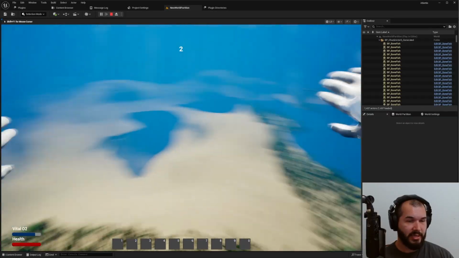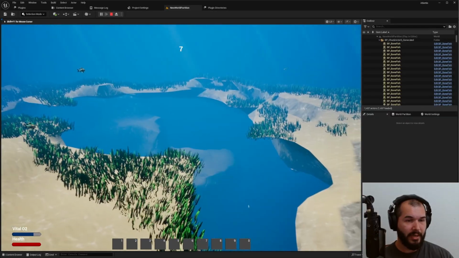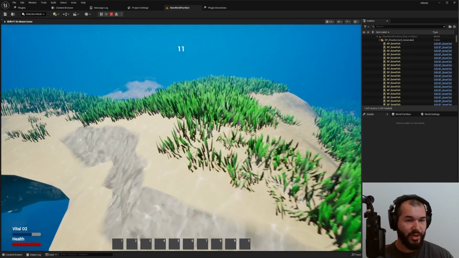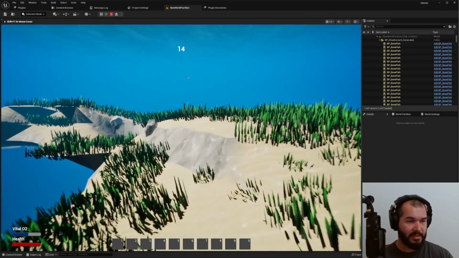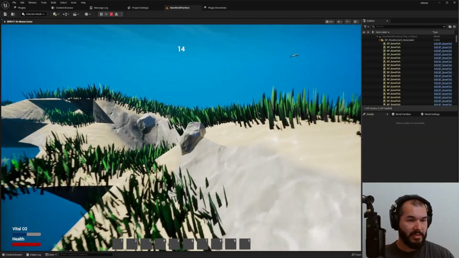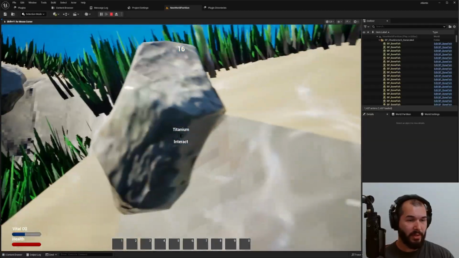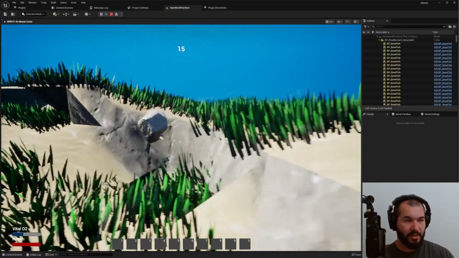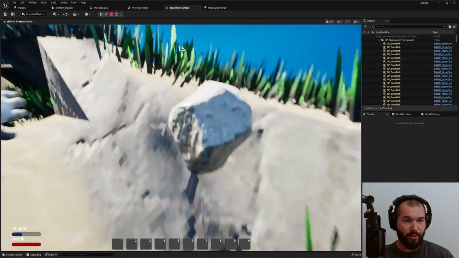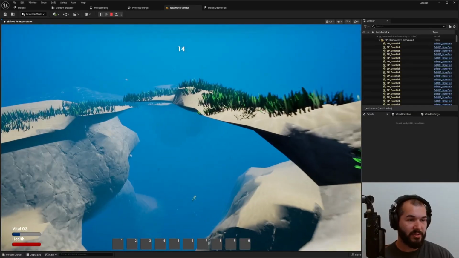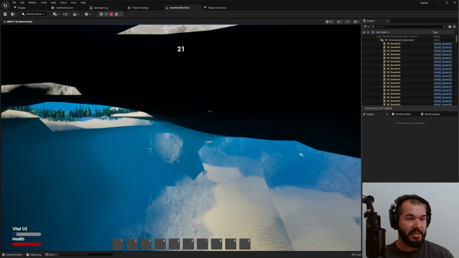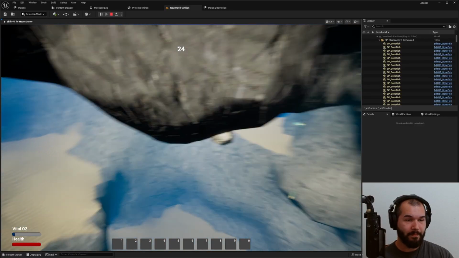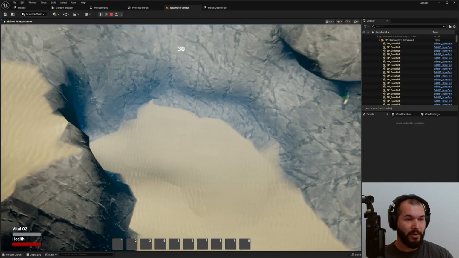So as you can see, we have fully runtime generated terrain with foliage, in this case just grass, on it, as well as some collectible item actors. Now excuse me for directly ripping Subnautica, but you have to start somewhere with prototype design. And as you can see, this is fully 3D. So we have cave functionality,